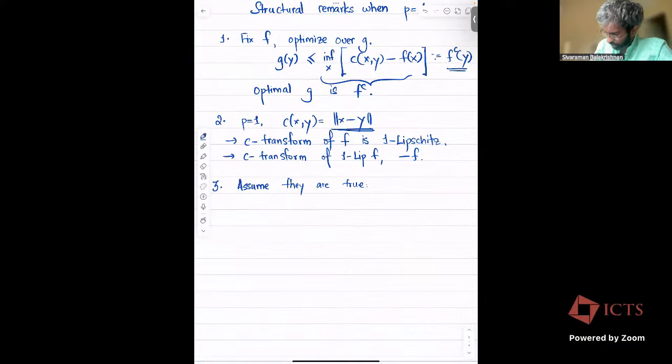So you can instead think for a second of maximizing over f, which is an L1 mu function, the integral of f. Okay, so maybe I'll also remark that if you define G to be the C transform, you can just drop the constraints because all the constraints are naturally satisfied by the C transform. Okay, let me do this. So you can imagine